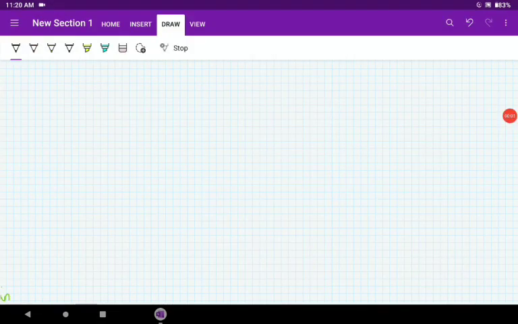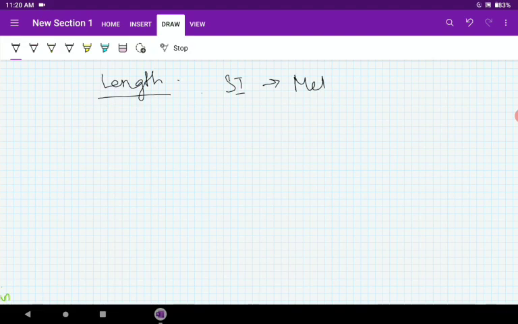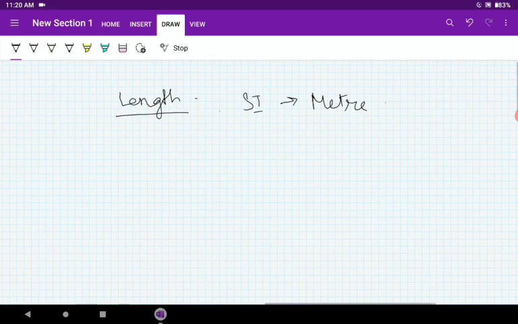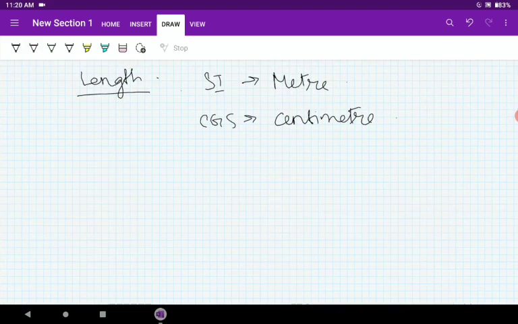Now we will be talking about some examples. Length. What is the SI unit of length? Tell me, also known as the MKS system. So meter, kilogram, second. And what is the CGS unit? Come on, C for centimeter. So you measure your scale, your pen, your pencil in centimeters, but a few things cannot be measured in centimeters.